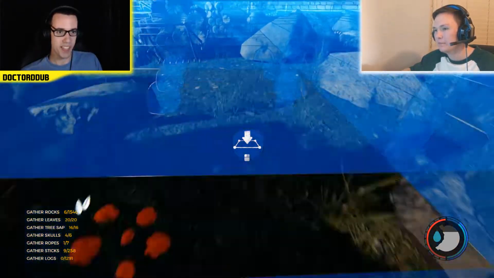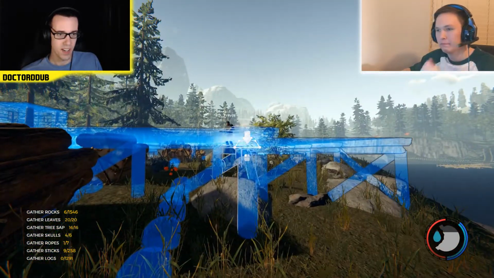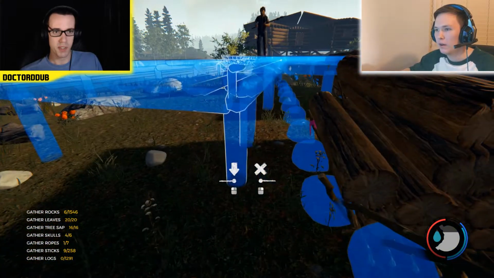But okay, so this pathway is gonna go to here roughly. So this needs to start there roughly. That looks good. And we'll run this out to...